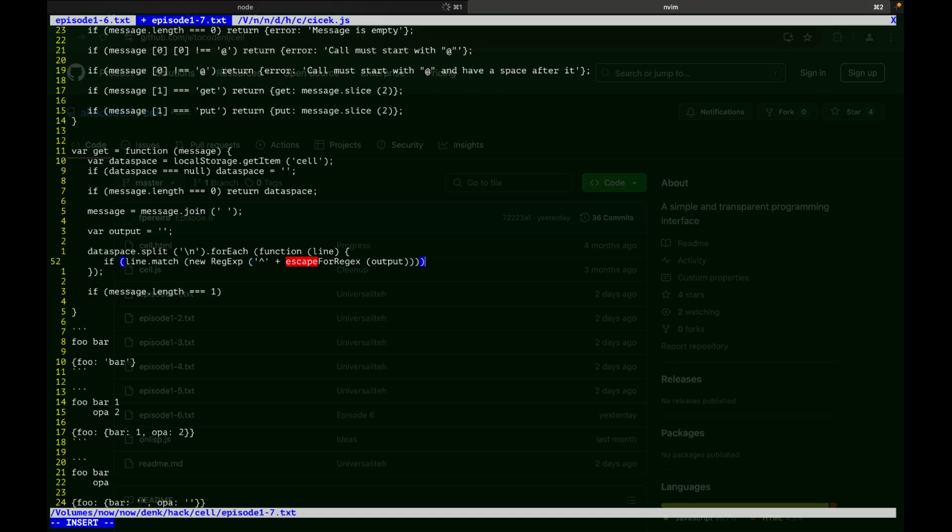So if the line matches this, I kind of have to have a marker here that says, hey, I just found the first instance of this thingy, because we might have multiple things under foo, and I want to already support that, right? I cannot just go with foo bar and end of story. I need foo bar and opa, at least that. So what we are going to do, if this matches,